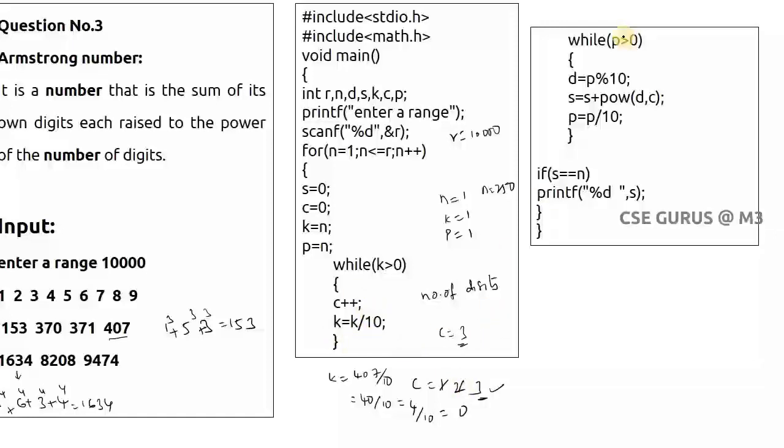After getting the count, what I am doing here is, while P is greater than 0. Let us suppose I take the number 153. You will get another copy here. If I don't take this P and want to use the K value here, it became 0 after the execution of this loop. That's why I have not used K value again, and I have taken one more variable, that is P. So P is greater than 0? Yes. Then P percentile 10, what is P percentile 10? Let us suppose I take 407. 407 percentile 10 gives the remainder I require. What is the remainder? 7 is the remainder. So here sum equals s plus s equals